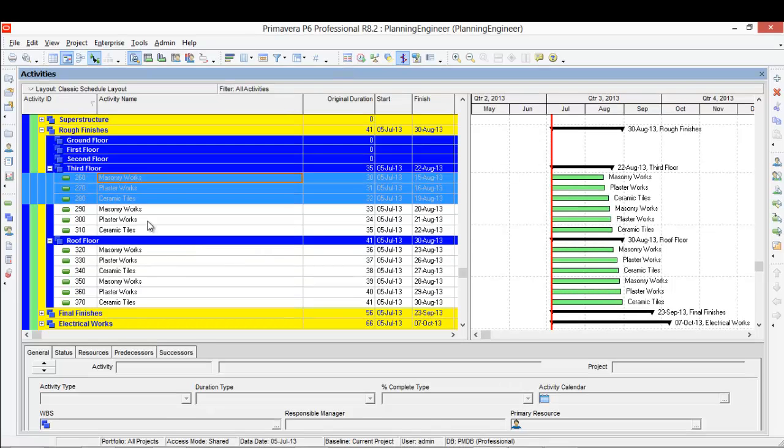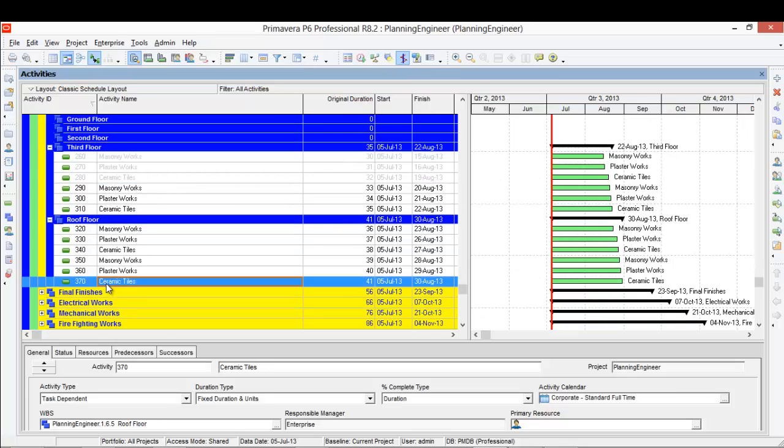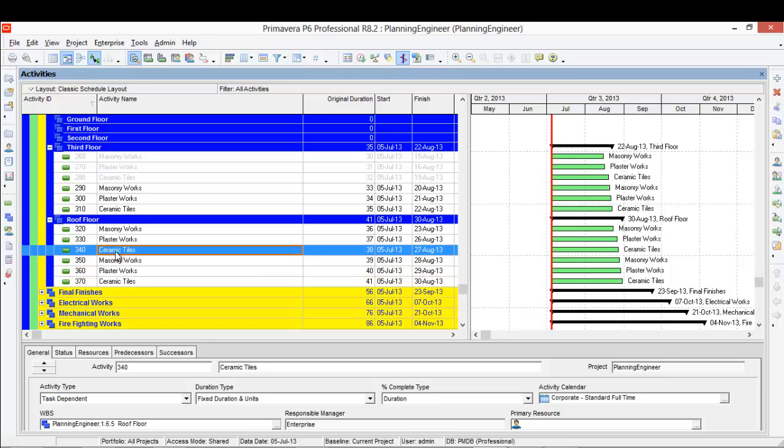So I think we mixed some activities, so we had to review it again. Ceramic, plaster, masonry, this is related to roof.